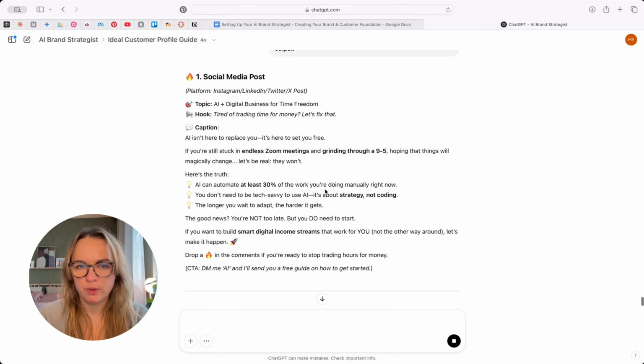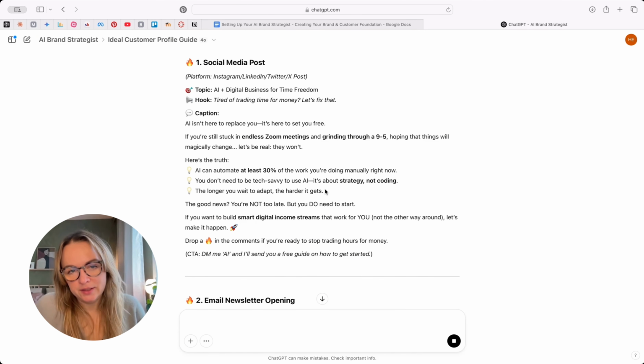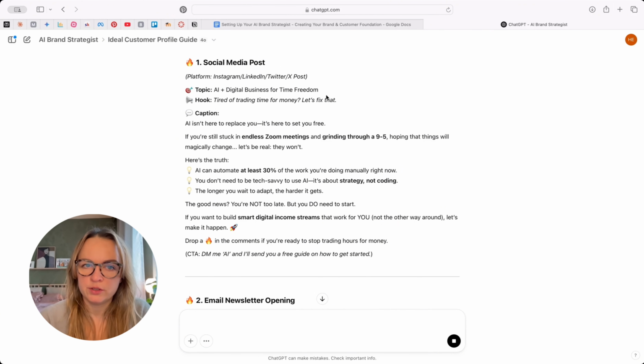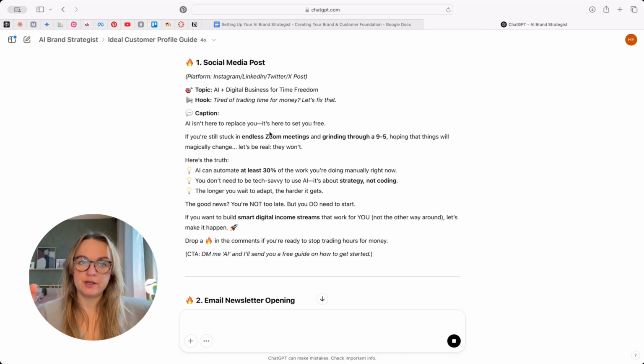I'm not loving the first one. I think it's pretty general, pretty copy-pasty ChatGPT sounding. That's why I prefer Claude over ChatGPT for this part specifically. When it comes to creating content itself, ChatGPT seems as amazing as Claude, if not better, to do the legwork of defining the customer, doing the research, like all those things. But when it comes to writing, I would take Claude over this, absolutely.